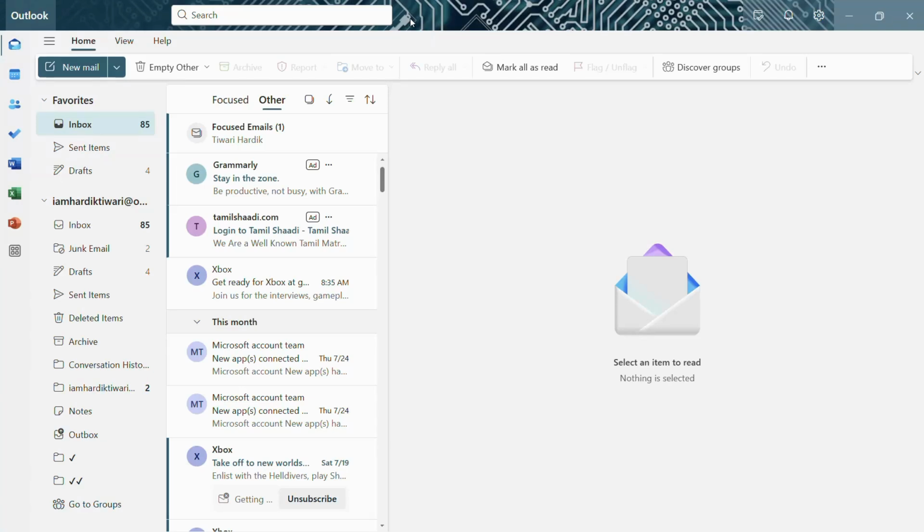How to create a reminder in your Outlook. So hey guys, in this tutorial I will be showing you how you can easily and simply create a reminder in your Outlook. So the first thing that you will need to do is open up your Outlook application, and